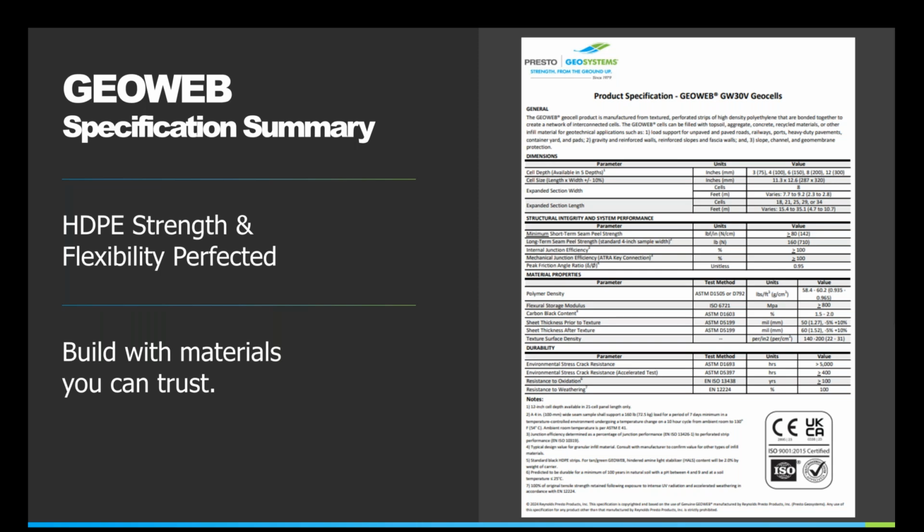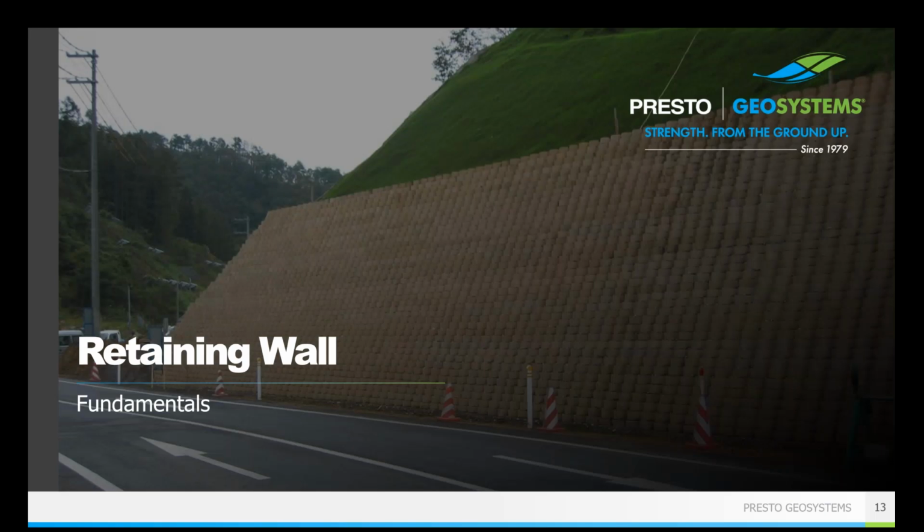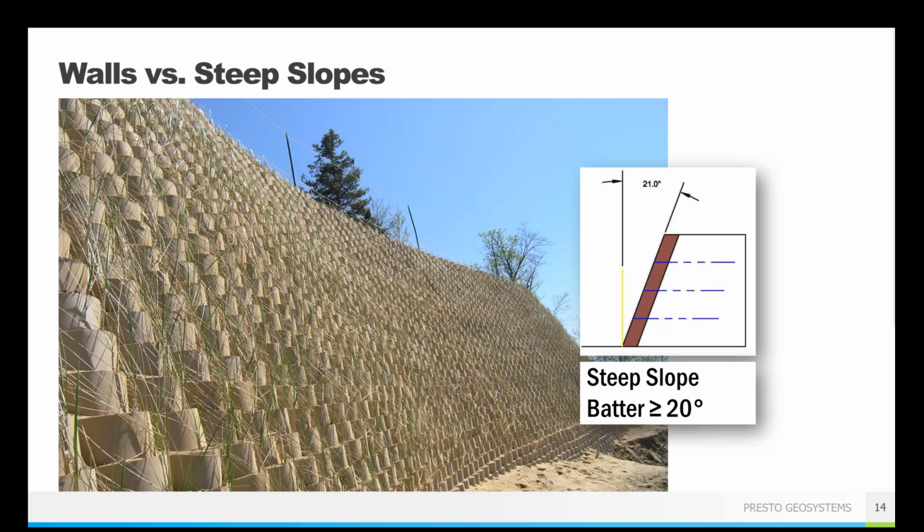All right, so with that little PSA out of the way, let's have a quick discussion about the fundamentals of those types of retaining walls. So the GeoWeb retaining walls are in many ways similar to other types of mechanically stabilized earth structures, so MSE wall systems, but they do have a couple key advantages that a geocell system might have over, say, a gabion basket wall. And I do want to highlight what our definition is between a steep slope versus a retaining wall. I've mentioned it a couple times. I'm going to keep saying those two different terms as we move forward. Again, just want to make sure that we are all on the same page here.